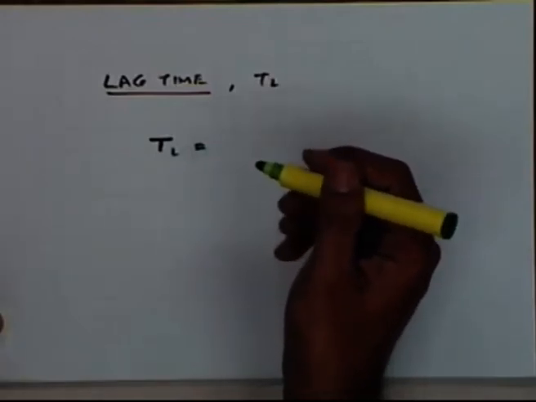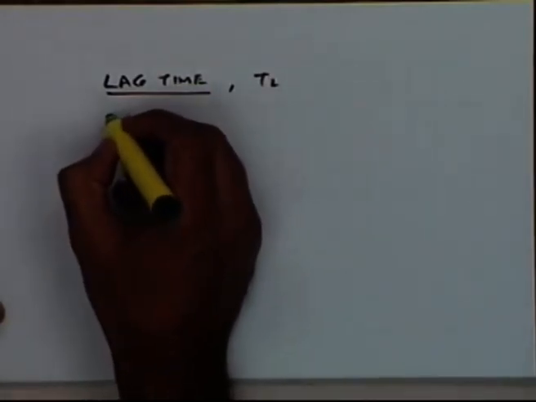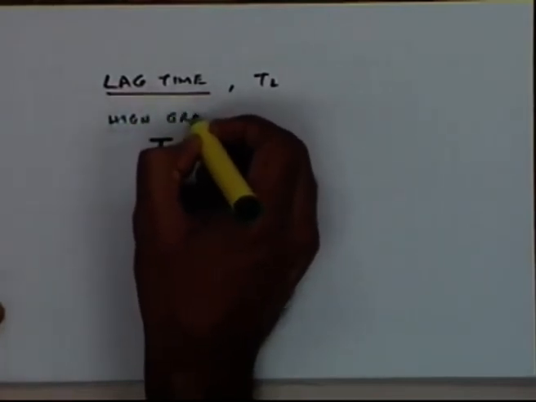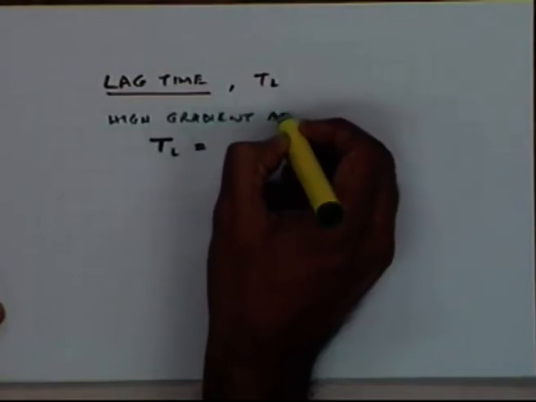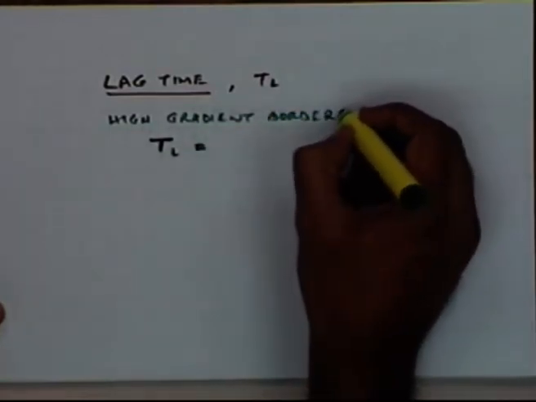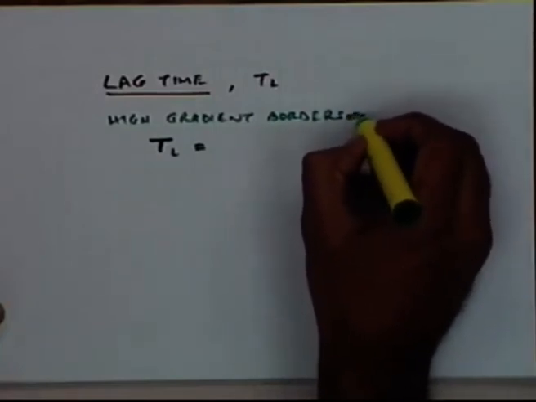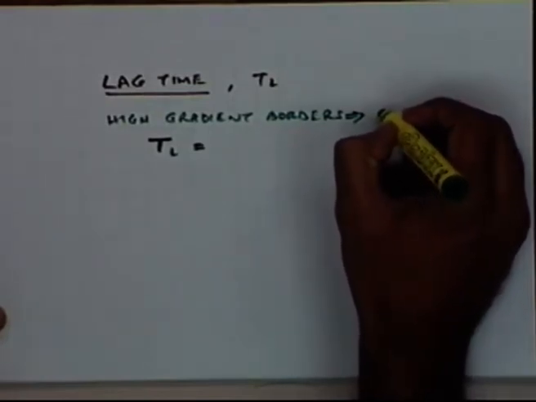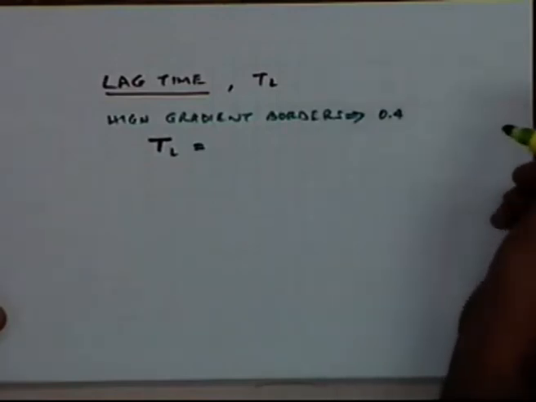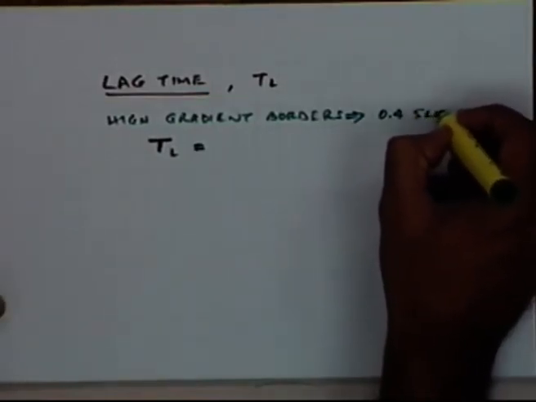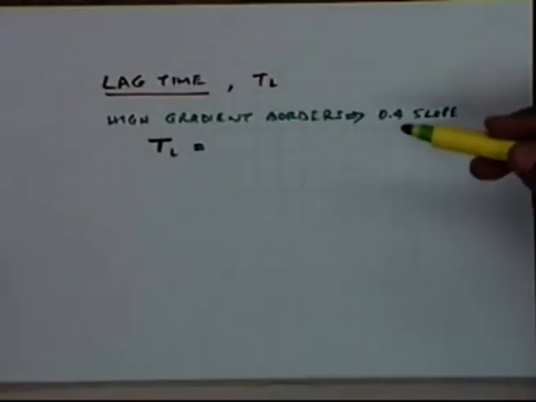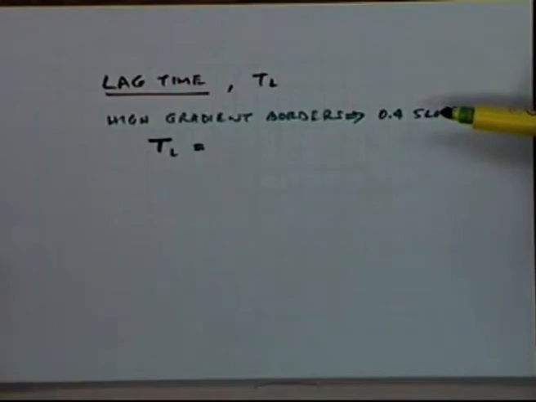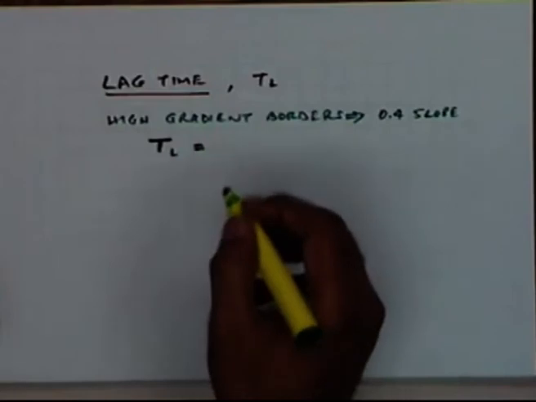First, when you have the high gradient borders, the value which has been taken is that anything steeper than 0.4 or 0.5 percent slope is termed as high gradient borders. So if you have slopes steeper than 0.4, then you will use this relationship,